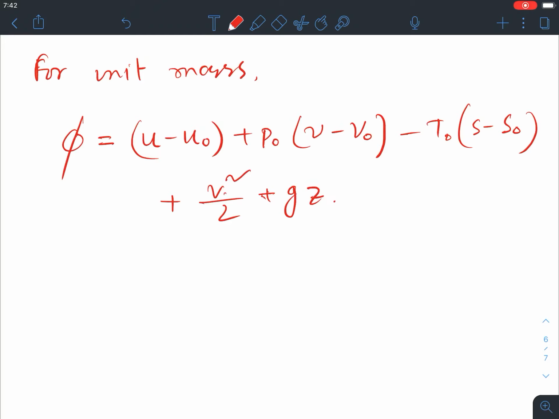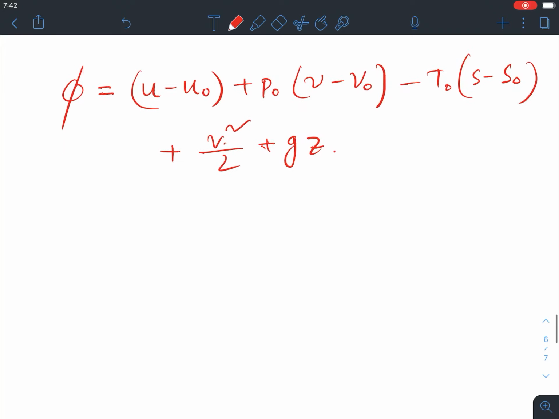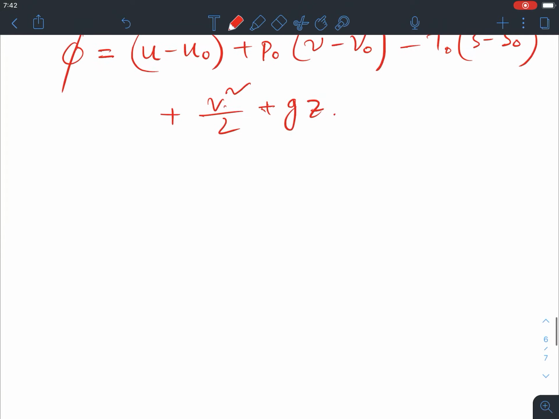So that's the expression of the exergy, right? Now if you would like to see the exergy change between two states, for example the initial state to a dead state, then the exergy change will be delta X equals